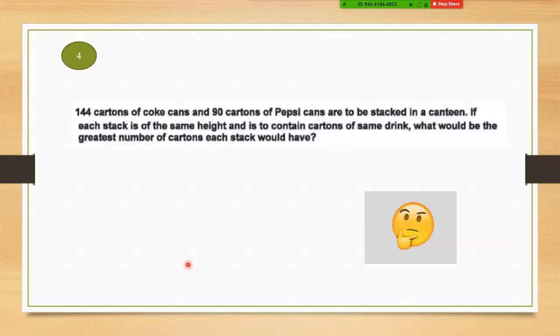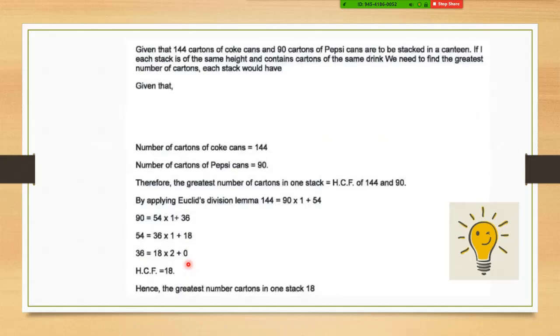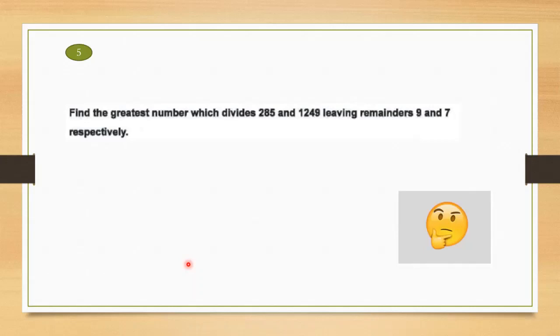Ma'am, is it 18? Yes, it is 18. So how much time? Can you see it is half a minute? So be careful. Just check the timing and move fast when you're solving the MCQs. Everybody has got 18? Yes, ma'am. Your way of working out. Moving ahead.